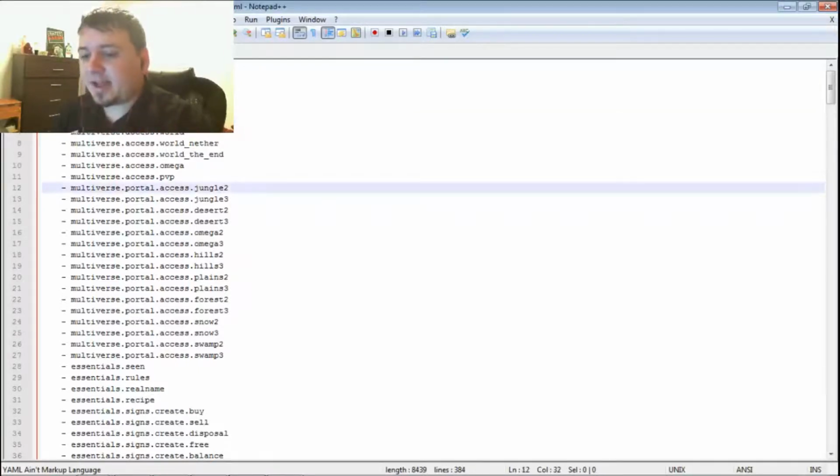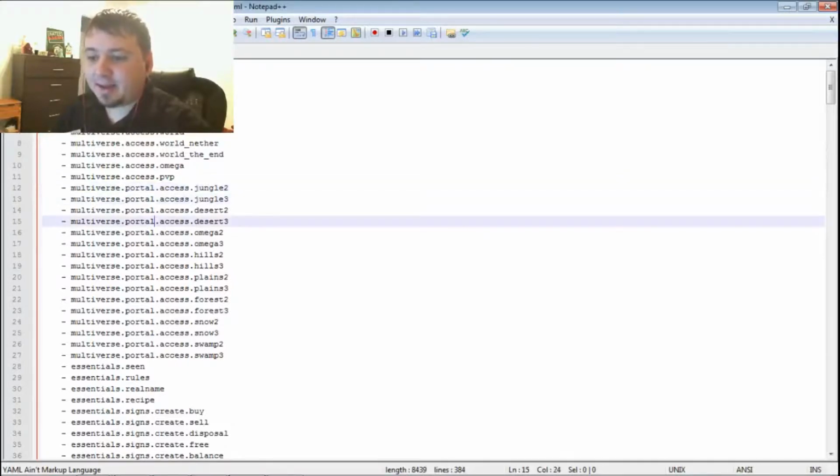Originally I had given everybody access to each portal, but as I added the VIPs and the donators, I didn't want the default people to have access to the creative world unless they upgraded to the VIP. So I had to restrict their access by adding these